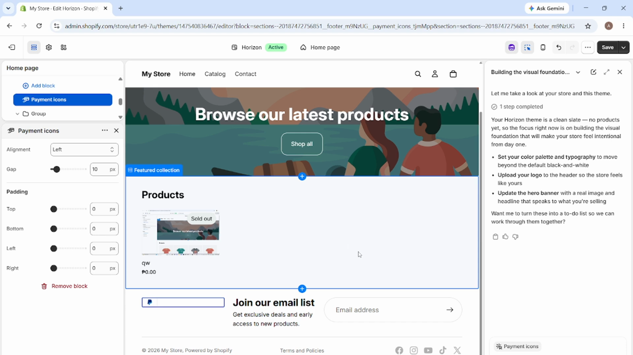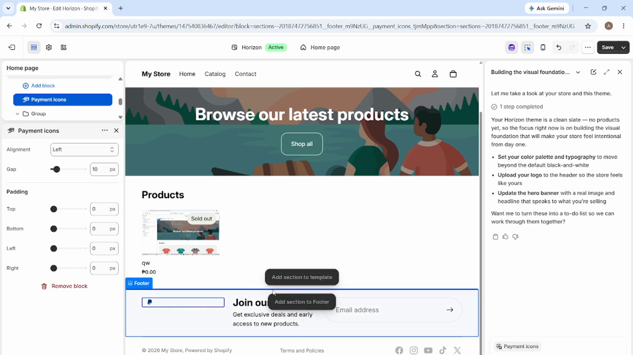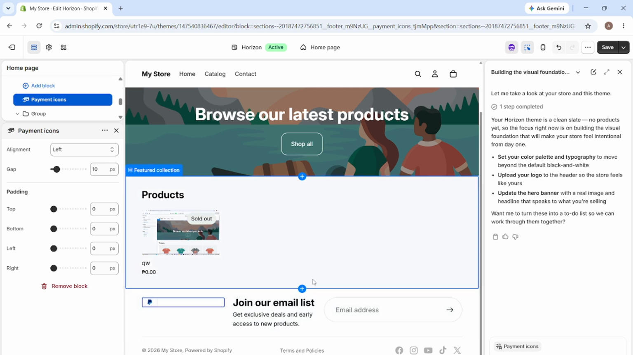To double-check, you can preview your store to see how the icons look in context with the rest of your footer content. Make sure the icons are visible and aligned as expected, since the footer can include text, menus, and other blocks that affect spacing. If anything looks off, the good news is that you can always return to the same footer section and adjust the theme layout again. But in general, once you select payment icons and save, the update should appear